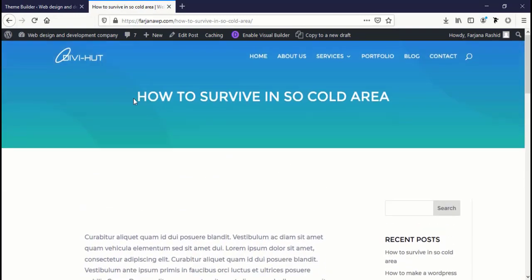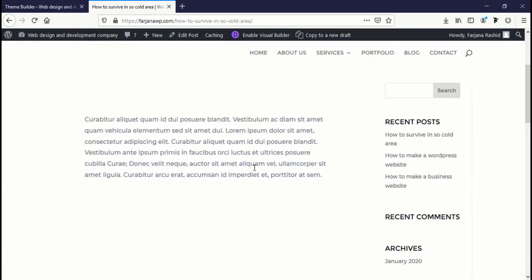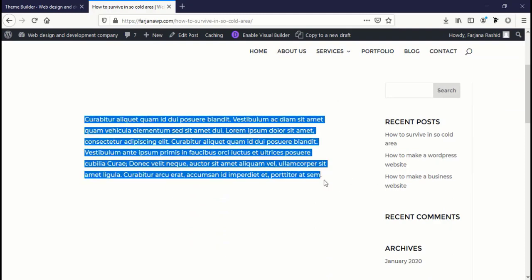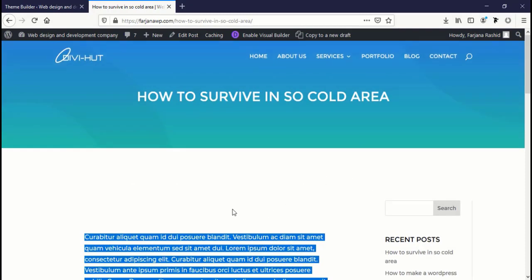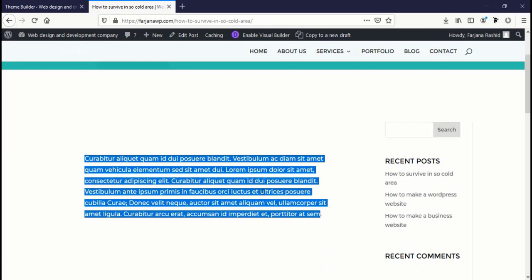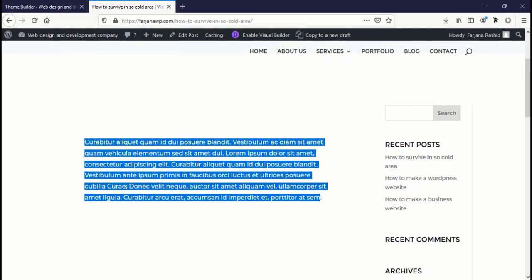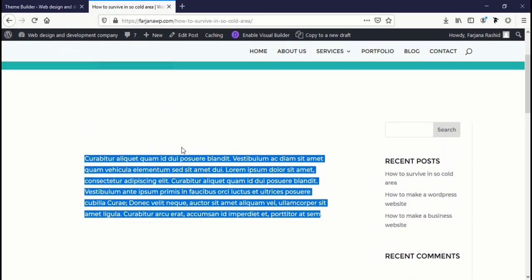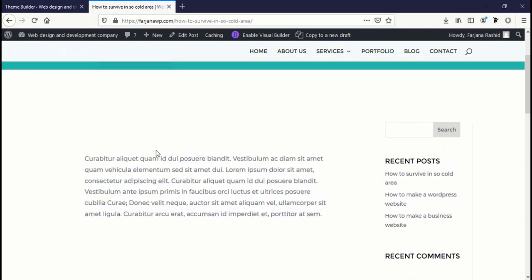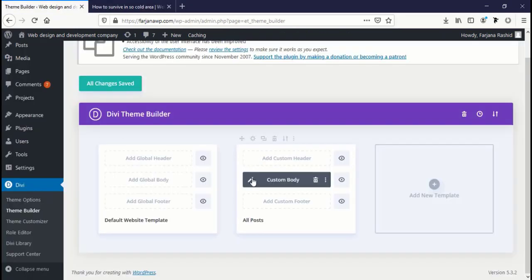So here is our post title. Here is our text for post. Here I did not add any image or any title here, so it's only showing text content. If we want to add here our post thumbnail image, we can also do that. Just going there,